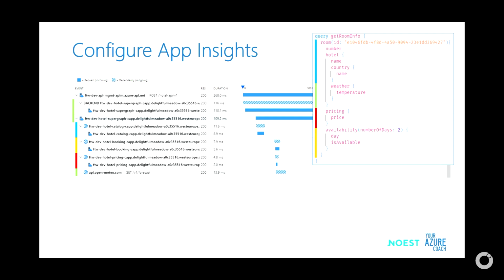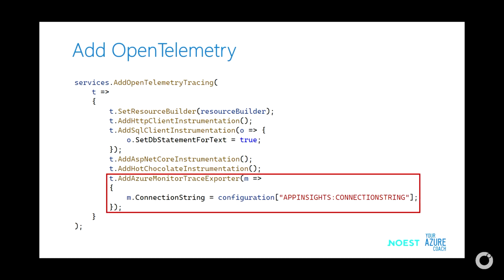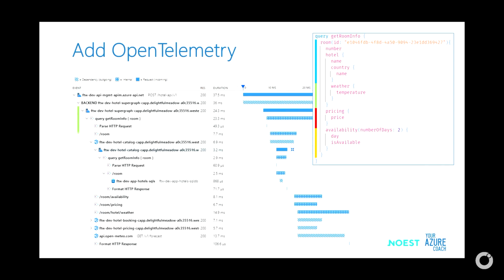You have first here your API management. Then we have our supergraph, that's the orchestrator in between, the GraphQL gateway. And then we have the 3 domain services like this. So this is good. At least you see which domain services were tackled, but you don't know what happened under the hood. So if you want to do that, please configure OpenTelemetry in your Hot Chocolate. Just add the Hot Chocolate OpenTelemetry instrumentation there and configure Application Insights as the sink, as the destination for your logs. And then what you get is a little bit better, I guess.